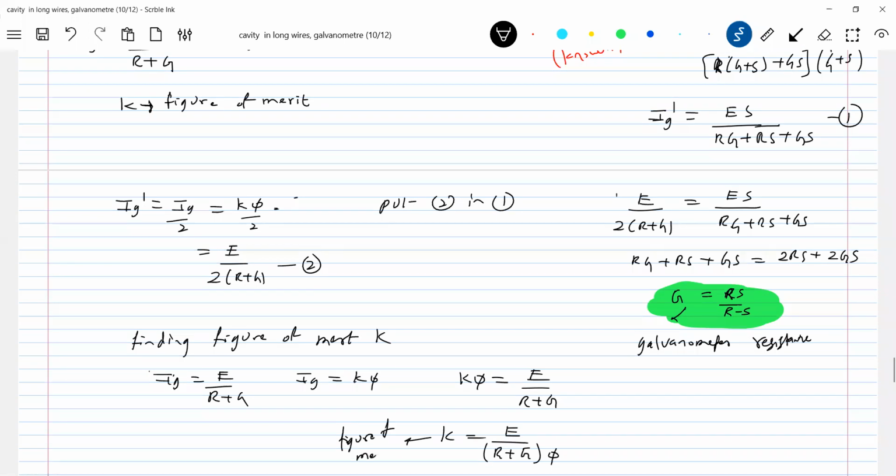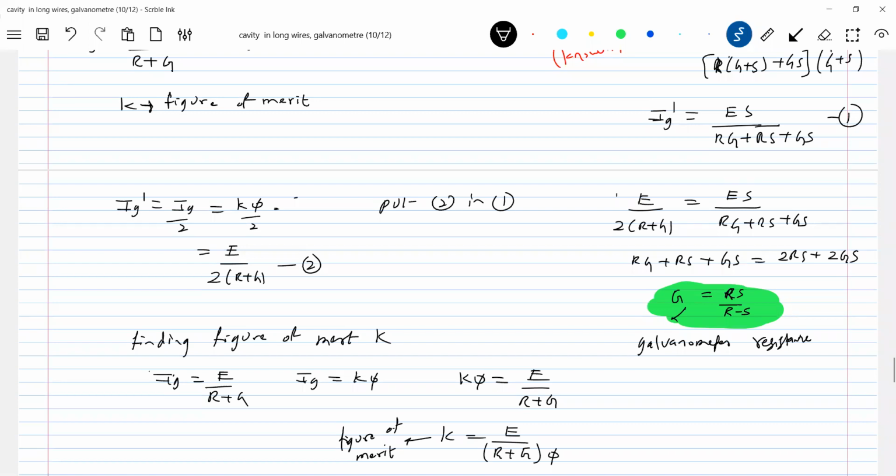Please, mathematically, you have to control your mathematics here. There's a method of finding out the figure of merit. And now, what is G, the galvanometer resistance? I cannot find it out directly, I just determine it by this method. E is the applied EMF that we have put in. R I know. And the deflection I'll measure. So first, I'll find out the galvanometer resistance by this experiment. Then after finding out the galvanometer resistance, I'll find out the figure of merit.